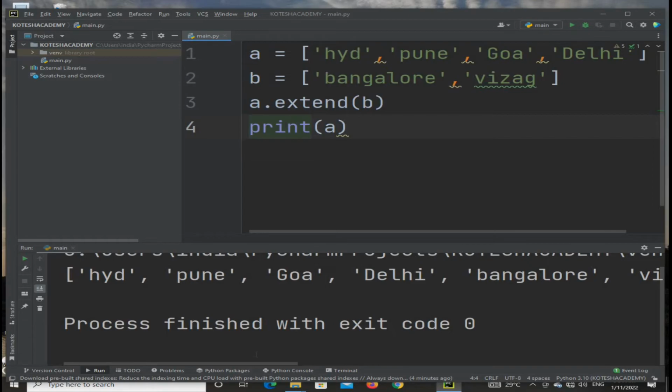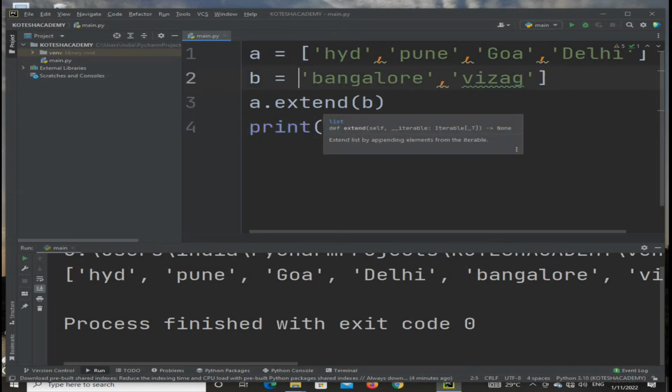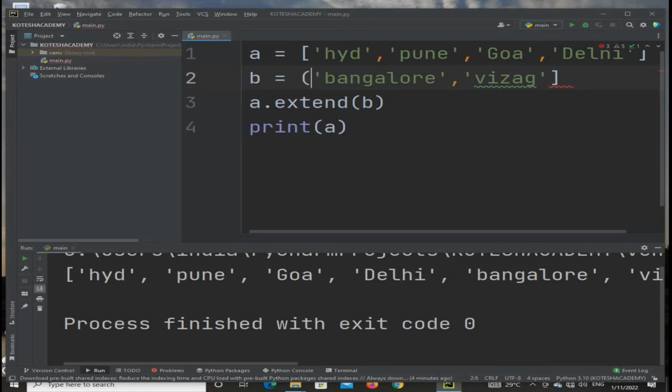Next one is adding any iterable. Simply we are using the same example. It may not be a tuple, it may not be a list; you can use this type of function, and then you will get the same result.